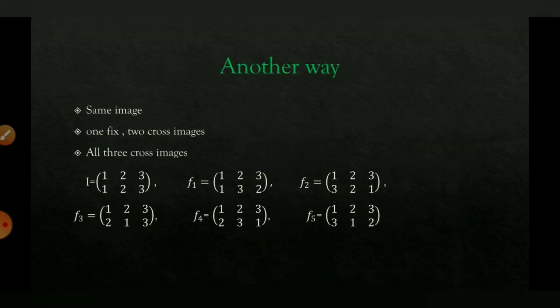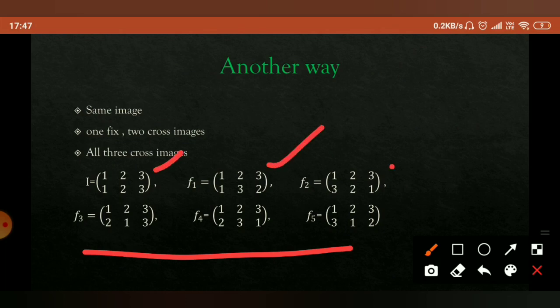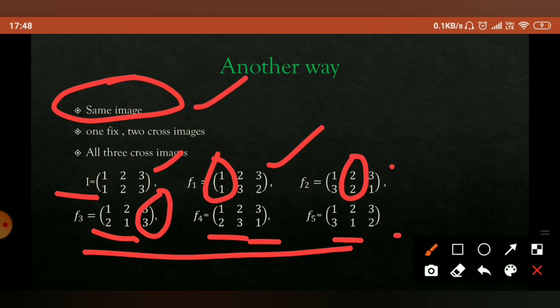Now, another way of writing this, as I have already written in the first slide, which is a better way, is one in which the elements are written in the upper row and their images are written in the lower row. In the first case you can see every element is attached to itself. In the second, 1 is fixed and the other 2 are crossing, then 2 is fixed and the other 2 are crossing, then 3 is fixed and the other 2 are crossing, then no one is fixed and all are crossing. So this is the same image. First we write every element with its image as itself, then one element fixed crossing the other 2, and then all crossing.